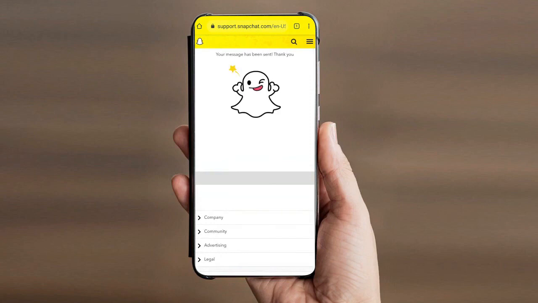So yeah, your message has been sent. Thank you. So yeah, using this method you can contact Snapchat support team and tell them about the issue you are facing, that you don't have access to your email address and phone number, and they will reply back to you and tell you the recovery steps to be taken to get back your account, alright.